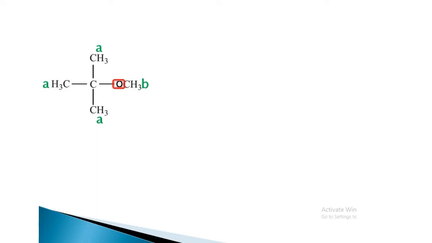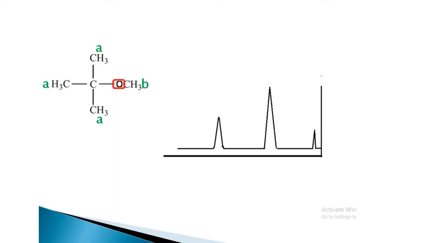In the rough sketch here, we would expect to see two signals in the HNMR, and one of the hydrogens would be more shifted. Notice the B hydrogen right here, that should be closer to the oxygen. They are 2 units away, whereas all the A hydrogens are 1, 2, 3 units away. So the more shifted hydrogen would be B, and this should be the signal due to A, and this should be the signal due to B hydrogen.